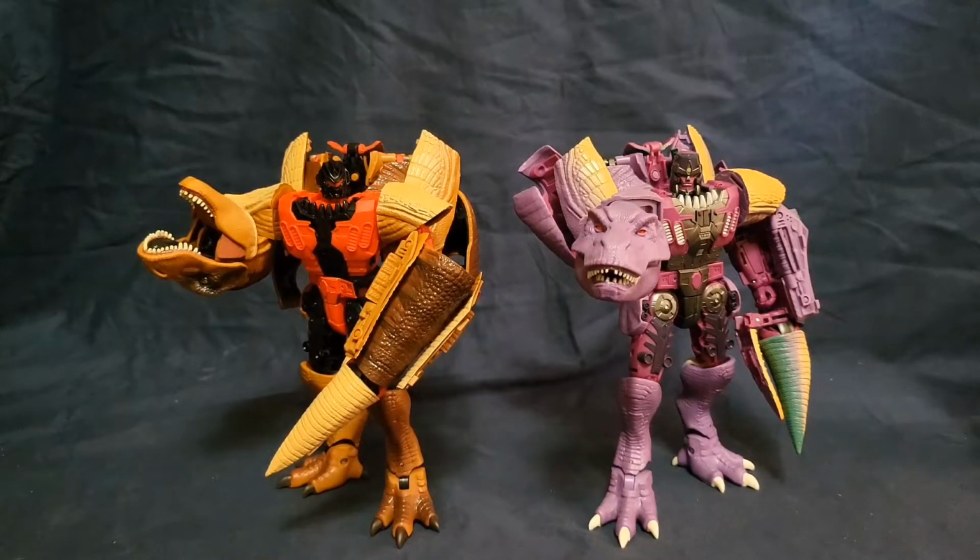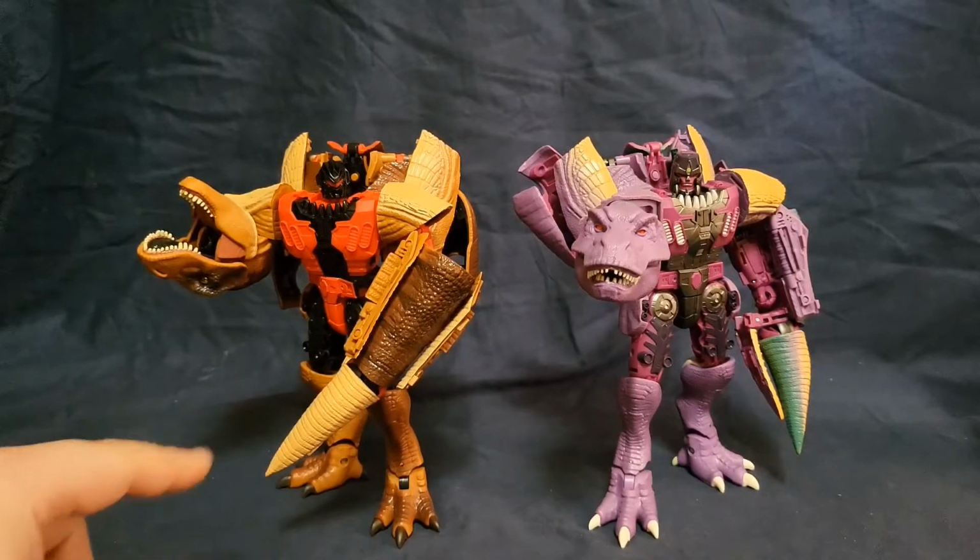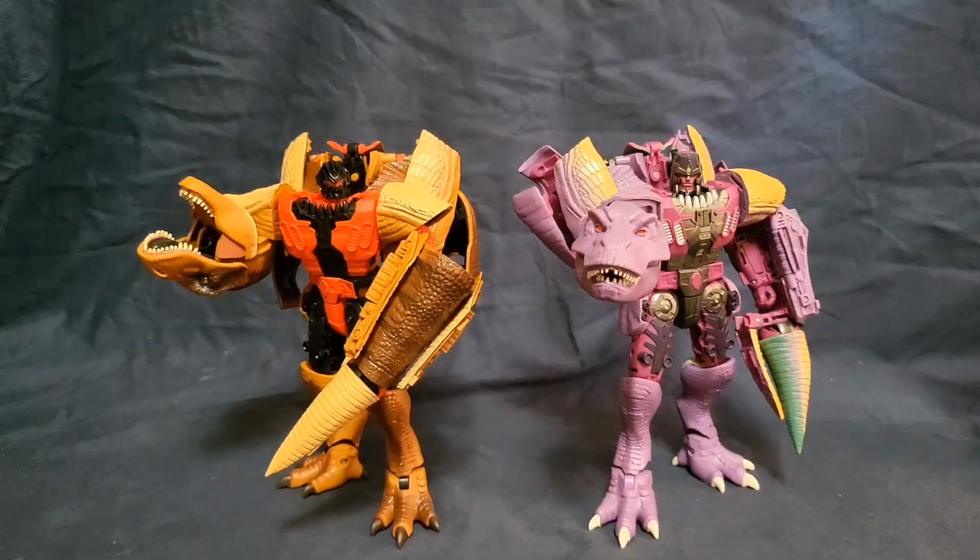But there you have them together, and they almost look like they have different body shapes just from the paint jobs. I feel like Tyranicon Rex looks slimmer because it just has the black stripe in the middle, and Megatron looks beefier because you got that paint that draws your eyes to the shoulders, and they're really wide, and all that paint down on the legs and stuff. So I feel like he just looks like a bigger, more imposing figure, and Tyranicon Rex looks more slender, and since it's a female, that kind of makes sense in my brain. I don't know if I'm crazy or if you guys can see it too, but there you've got them posed